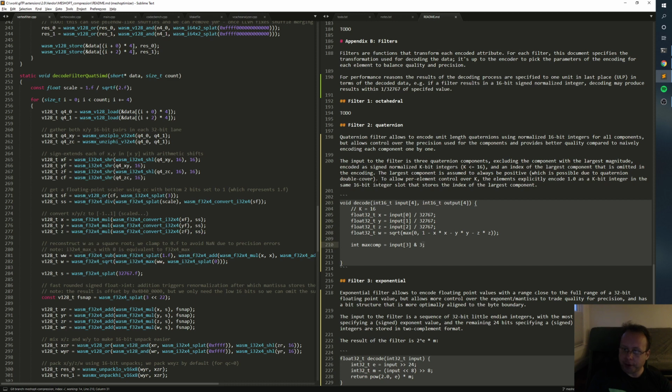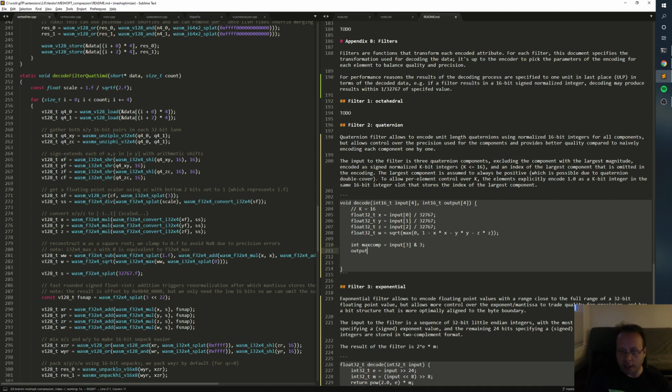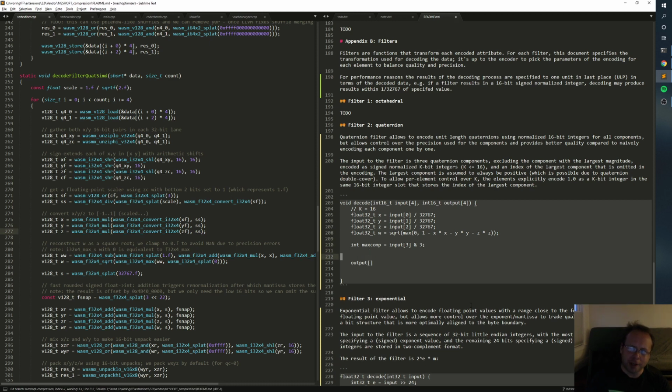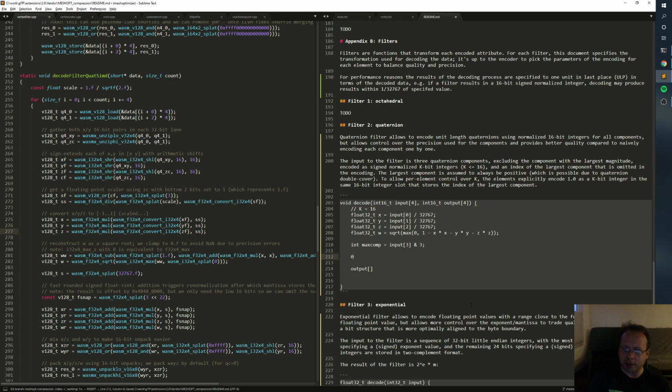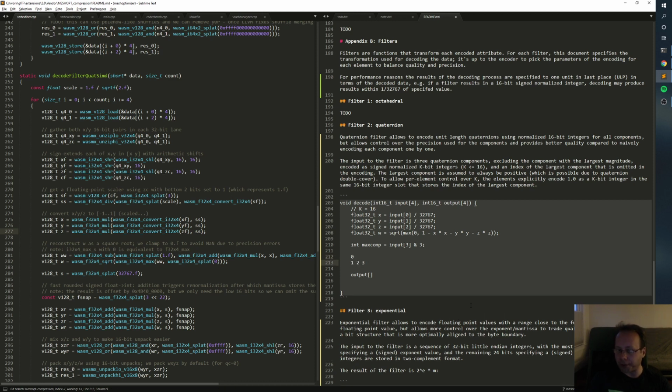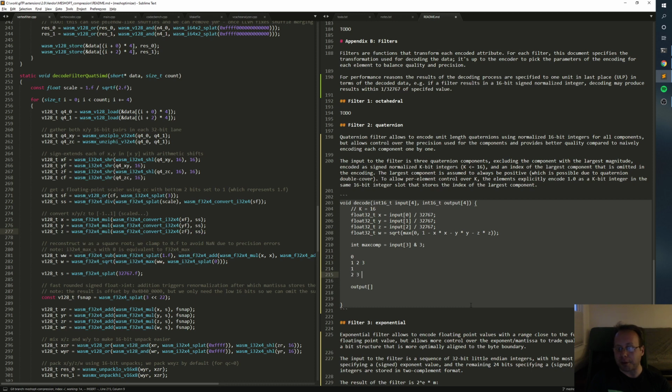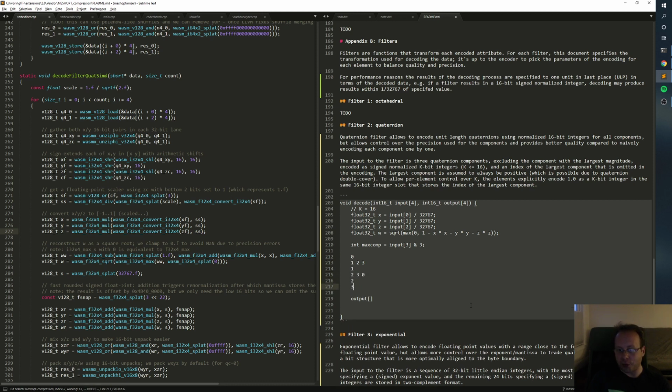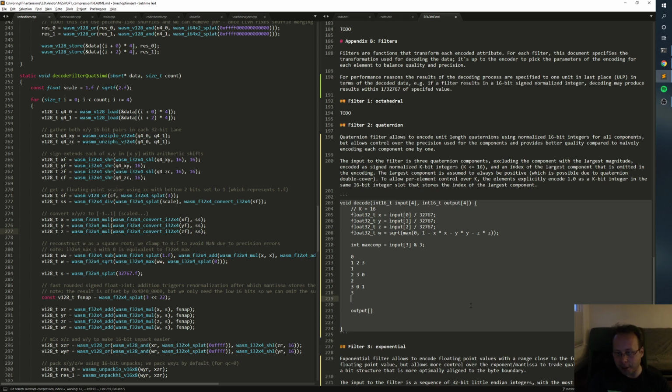Now that we have this component value, let's just reconstruct, like let's basically put the decoded components of the quaternion in the right place. And the way to do this is, and I forget what exactly I use, basically I use a rotation scheme where if you say max component is 0, you store components 1 to 3. If you say max component 1, you store components 3 to 0, and then 2, like 3 0 1 2. So this is kind of the order,